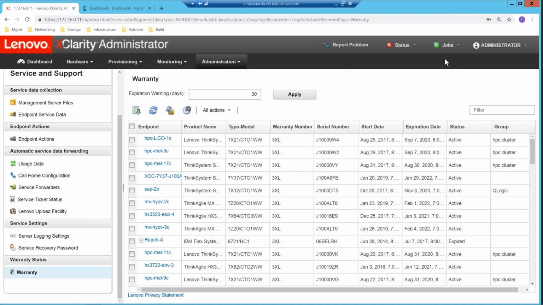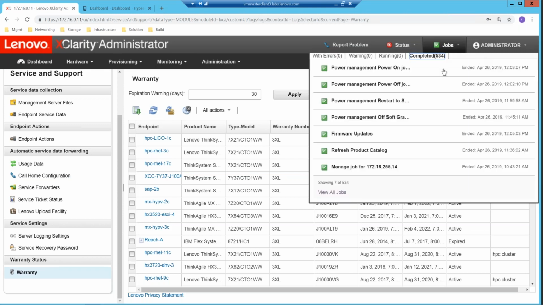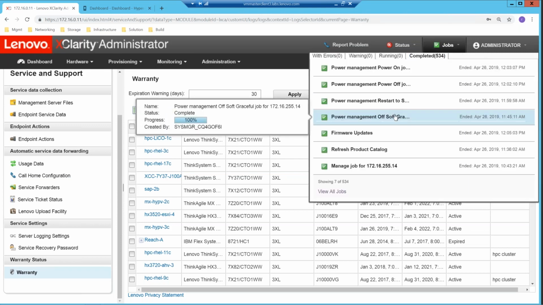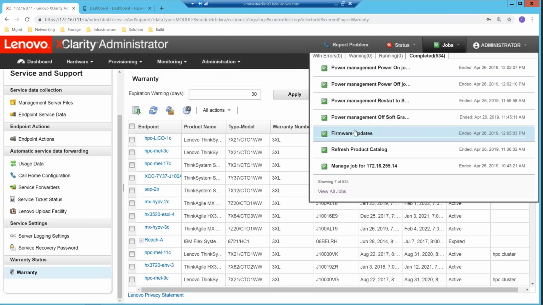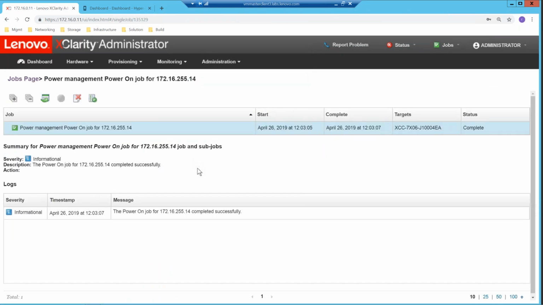And then the final thing I wanted to mention, for folks that might use the jobs process, if you're running different jobs, this is an example here, just some power off things that were done. But if you're doing firmware updates, for example, you might want to be able to go in here and make notes, right? So things that might have happened for a specific reason or things that you want to make note about. Again, if you've got a small team, it may not be as important because your communication is pretty straightforward. If you've got a large team and you want somebody who's coming on duty after you go off duty